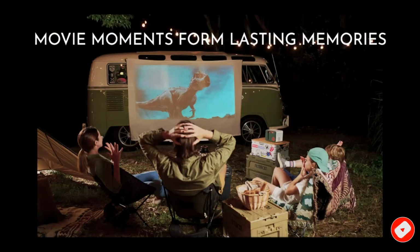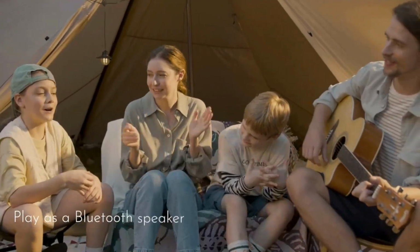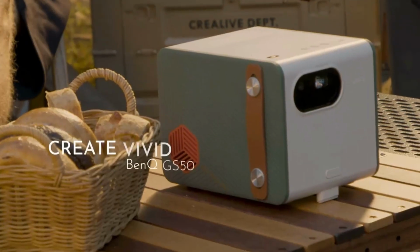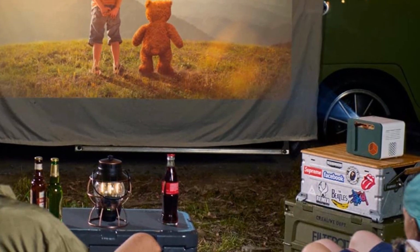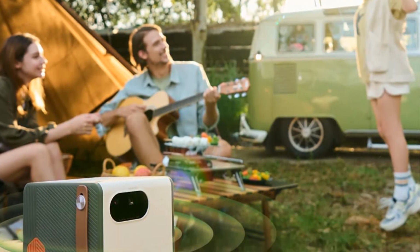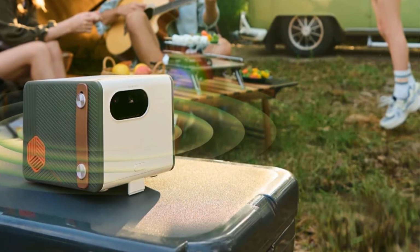The GS50 is larger than any other projector we've tested for this guide, but still small enough to move around easily. There's a leather carrying strap on the side and a tripod mount on the bottom. The black level is mediocre, so movies don't look as rich and saturated in a dark room. This projector is larger than any other mini projector we've tested, but it's still smaller than most traditional indoor projectors. The supplied Android TV dongle was sluggish,